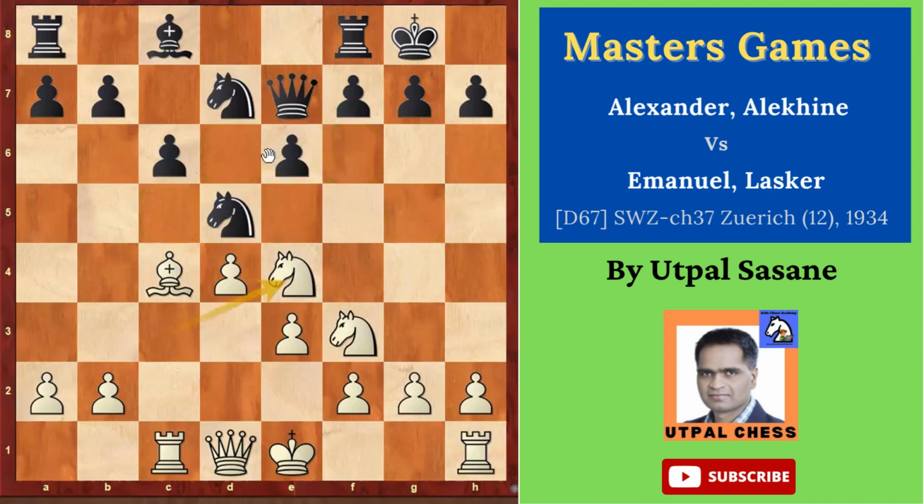Here, he played knight f6. So he moved the knight back. He made an attack on this knight. And Alekhine said, I don't want to exchange pieces. I want to keep the pieces on the board because I have plans to attack. Okay, so knight g3,